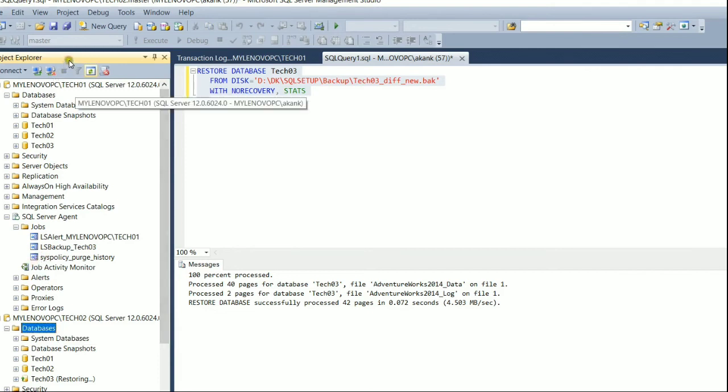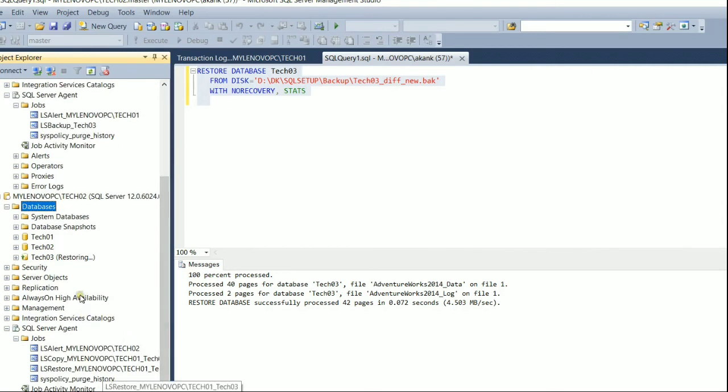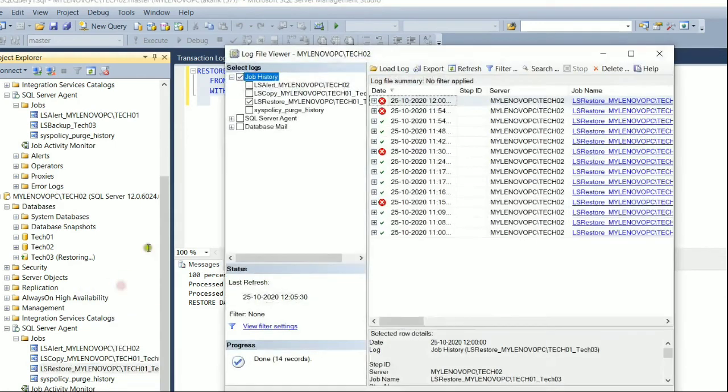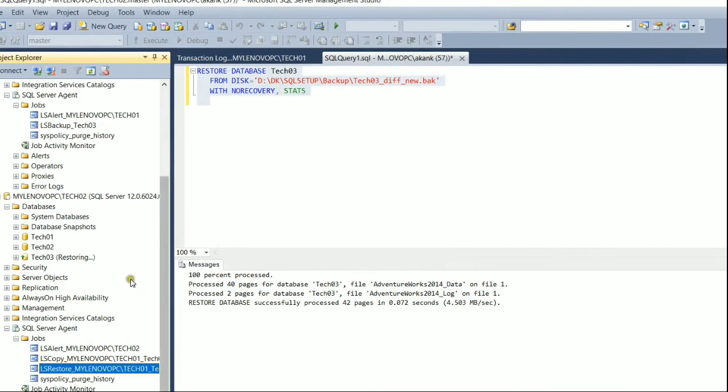We don't need to reapply the full backup and reinitialize the log shipping. This is helpful for you guys. It will take some time, in the next slot it will execute.